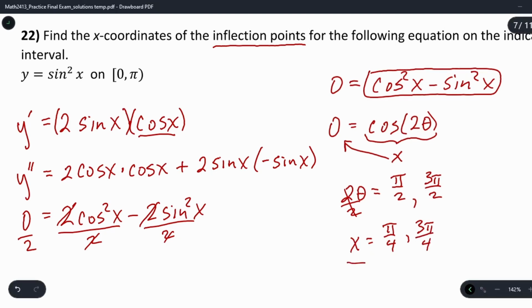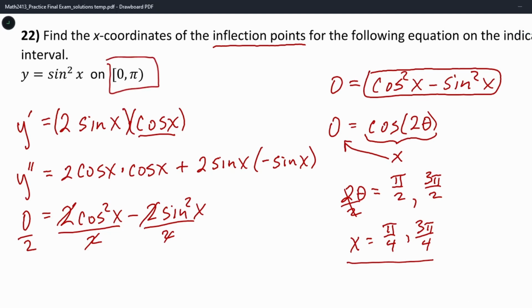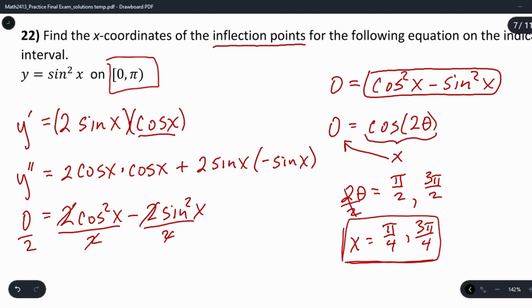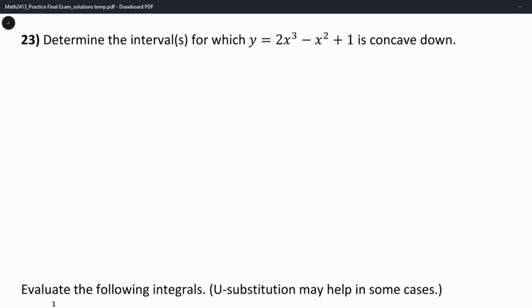And once we get these values of x, we need to check and make sure that they are both on the interval given. Pi over 4 and 3 pi over 4 are both between 0 and pi, and so these are both values of x where we will have an inflection point. Next, number 23, determine the intervals for which the equation is